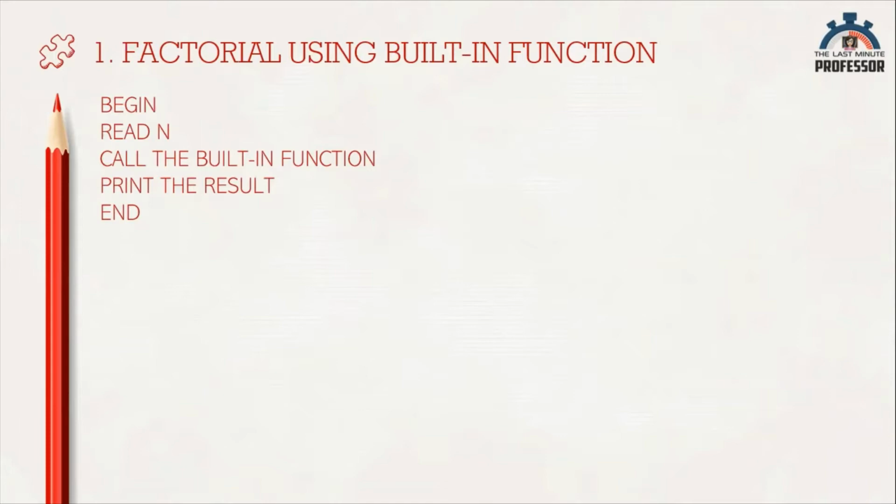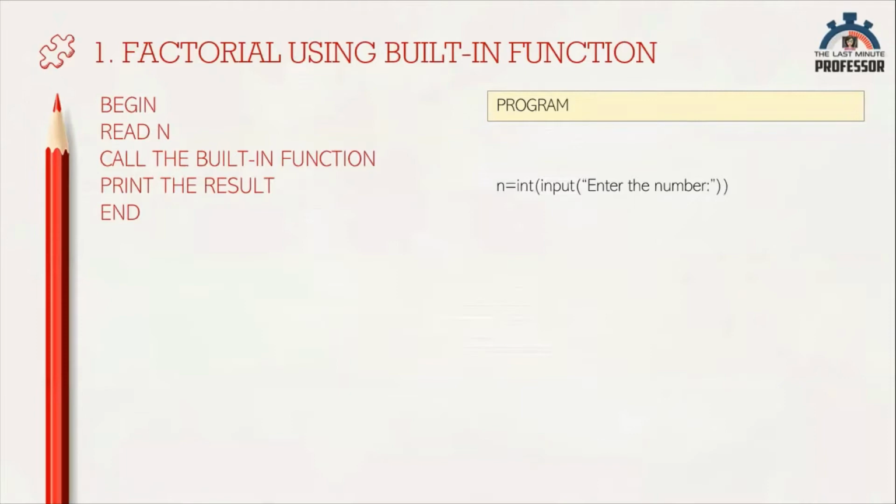Simple, isn't it? To find the factorial of a number, first let us get the number from the user. The input function gets input as a string, so use the int function to convert it into an integer. We have a built-in function called factorial that calculates the factorial of any number passed to it. This function is explained in the math module. So to use this function, we need to import math, just like grabbing your pack of noodles.